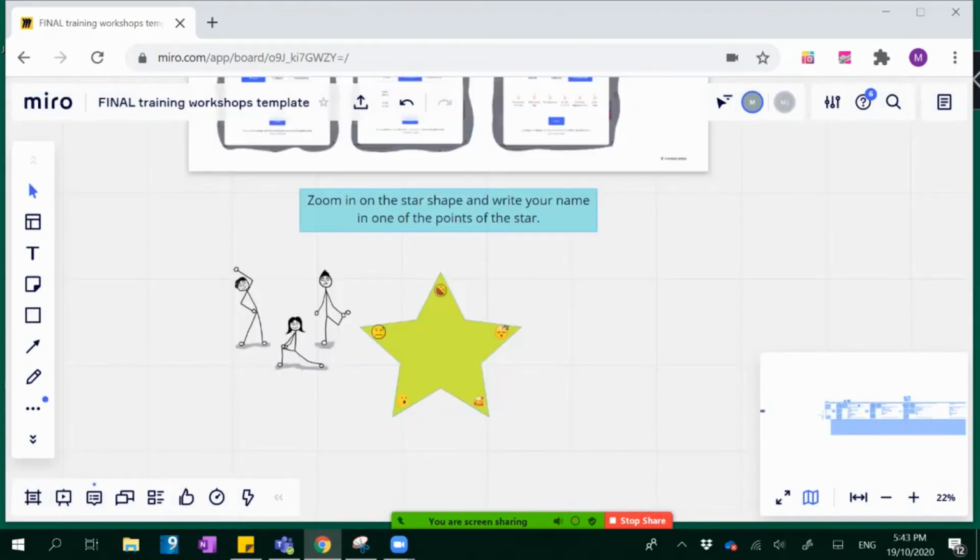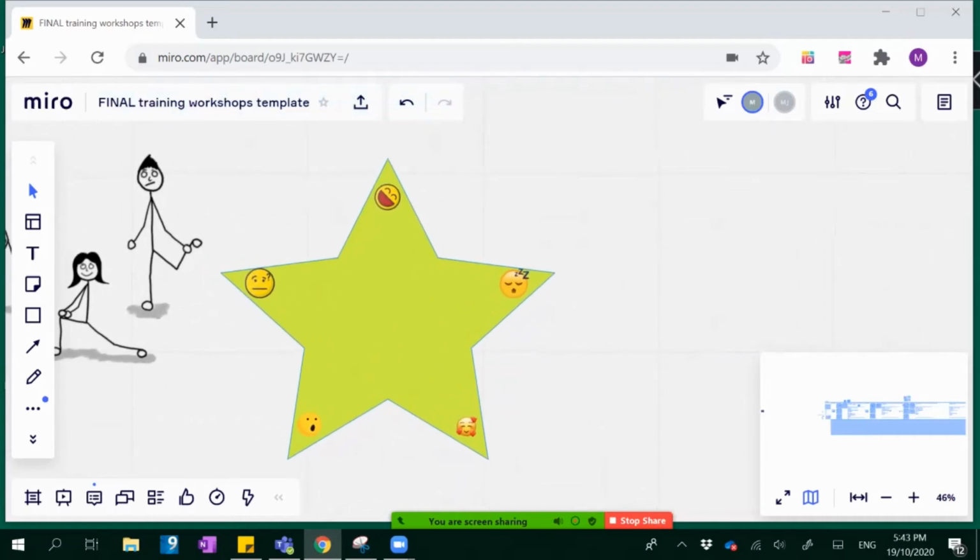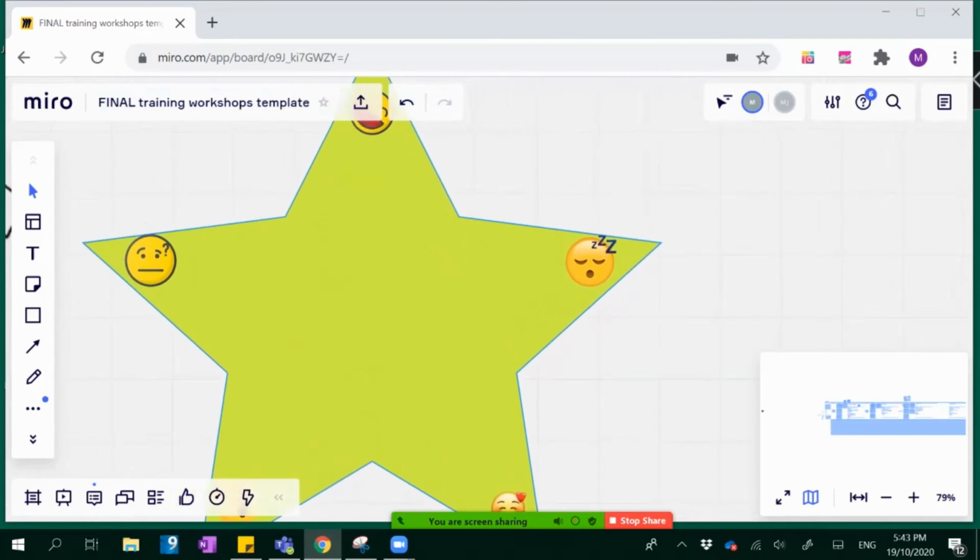The first task you're going to do is to zoom in on the star shape and write your name in one of the points of the star. Each point of the star has a different emotion. Using your pinching technique, but to pinch out,